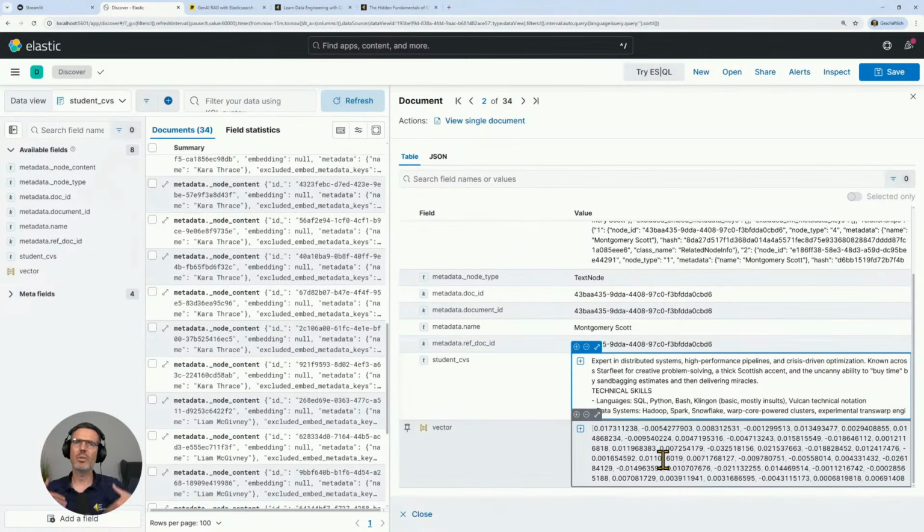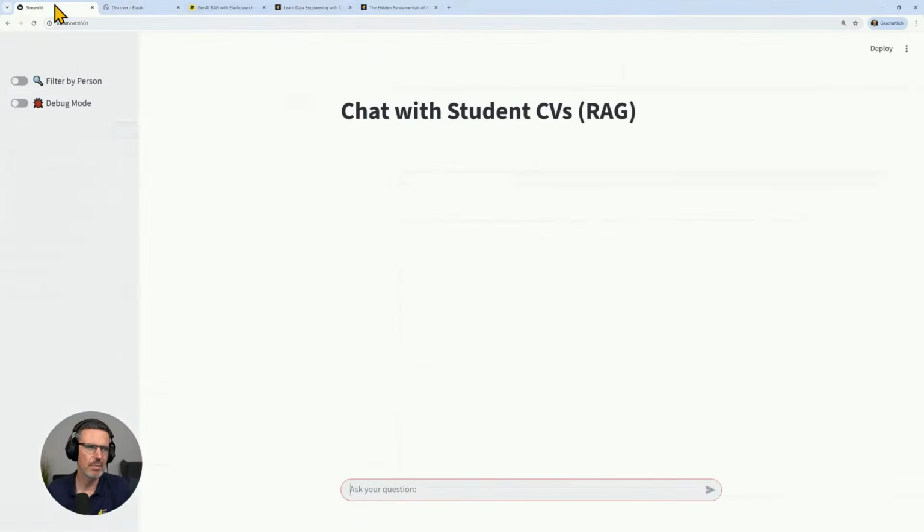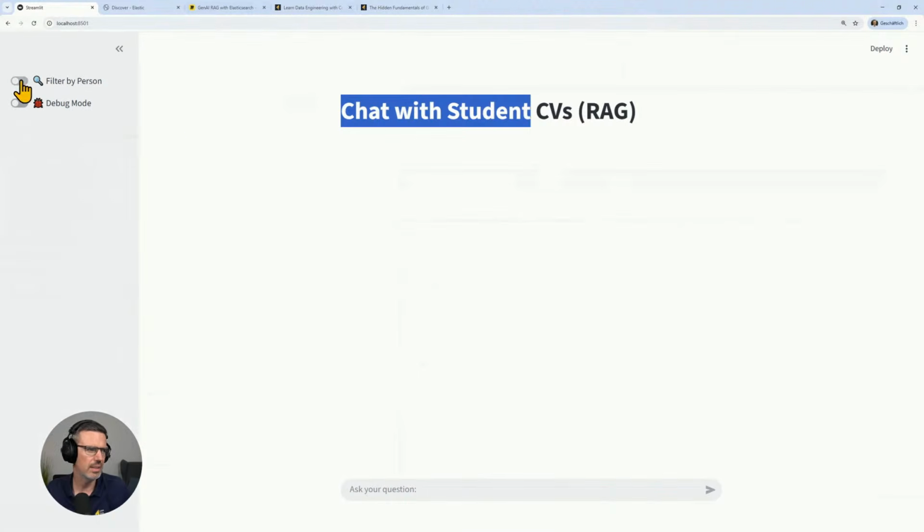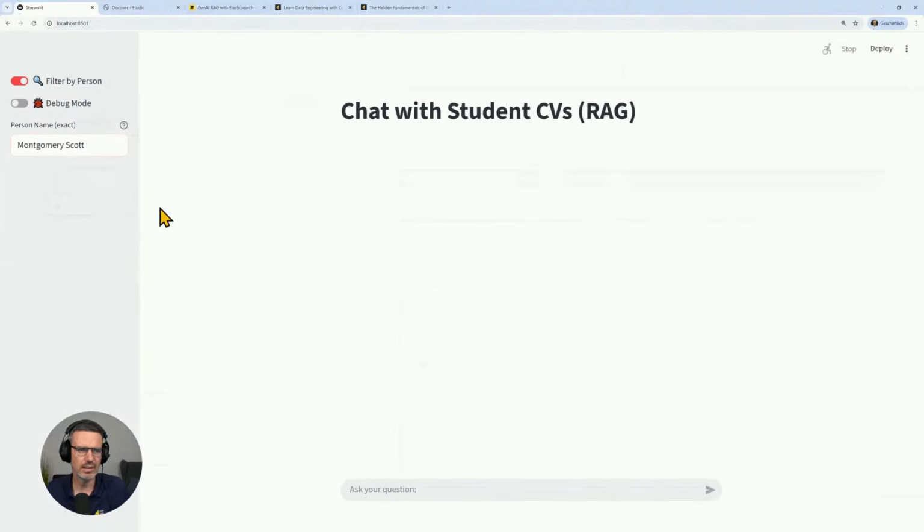And then when you ask a question, it's trying to find the parts in the text that are important. For instance, I can show you an example here. If we ask the chat, the student CV, and say we want to search for Montgomery Scott, this will then only get the documents from Elasticsearch for Scotty. And we ask,